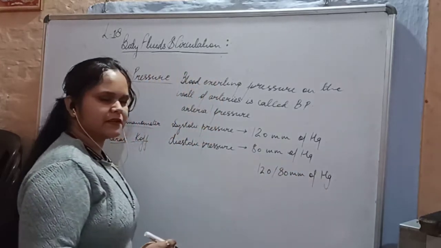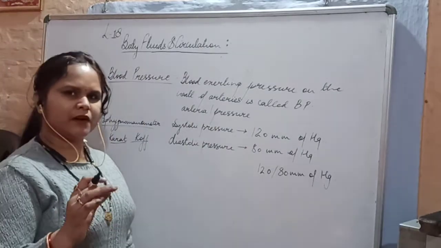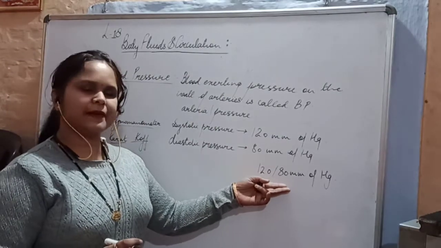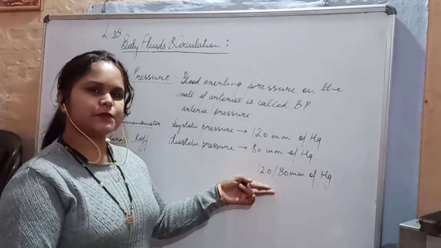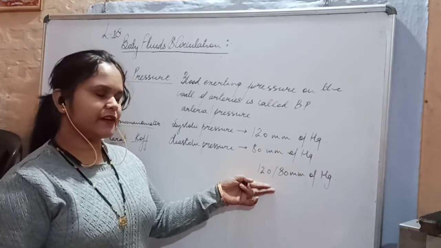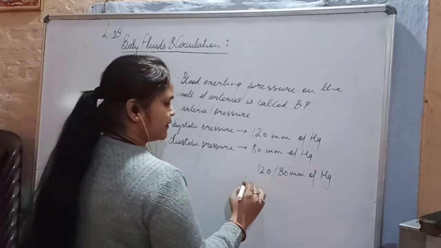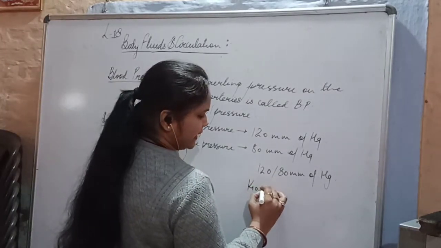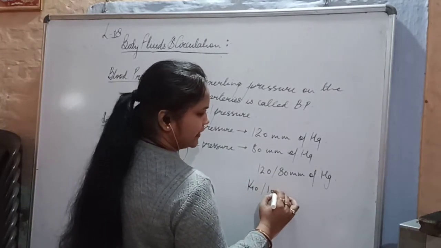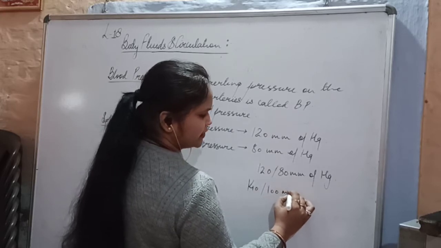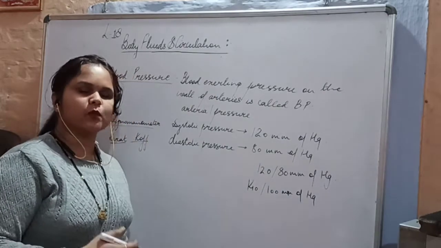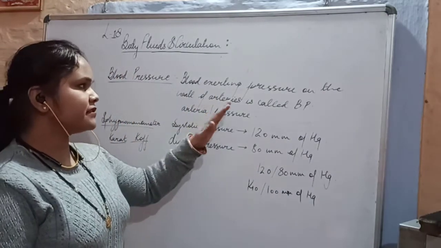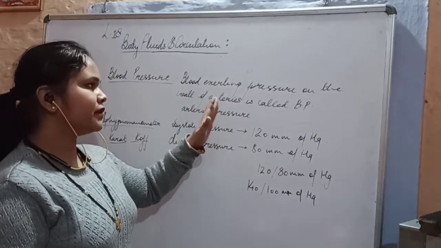When you are in a state of walking or something, this kind of blood pressure is considered normal. But as your age progresses, after 50 years of age, there is a slight rise in blood pressure, that is 140 to 100. As the age increases, the blood pressure also increases. And we know that blood pressure is the pressure exerted by the blood on the walls of the artery.